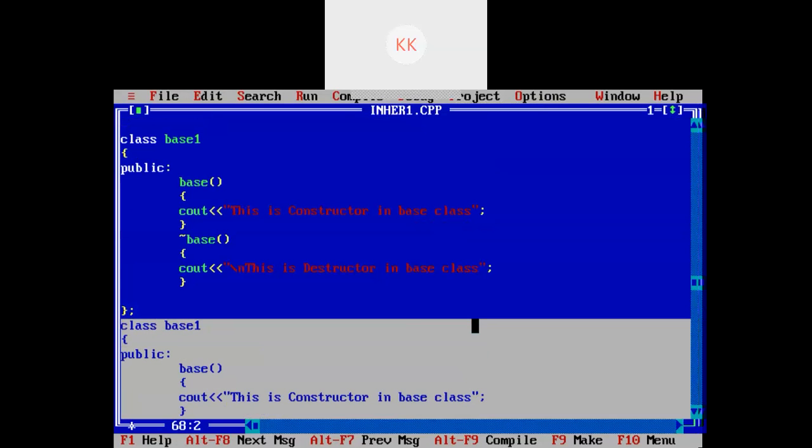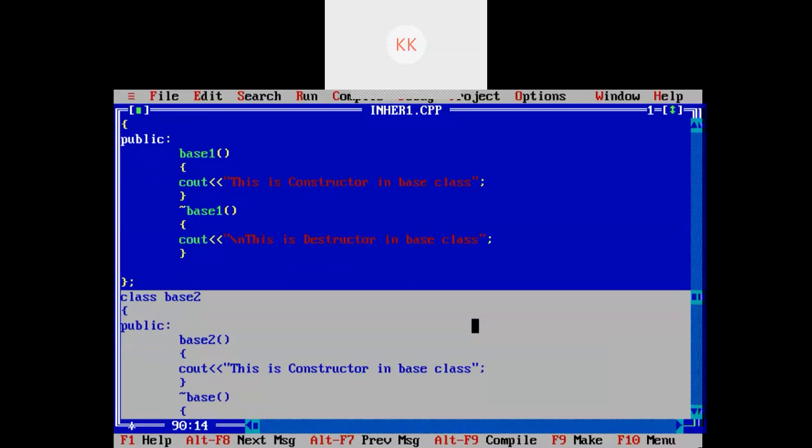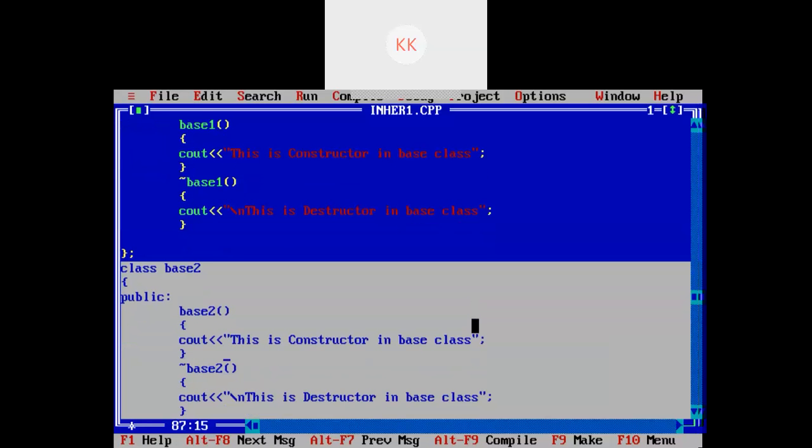So this is base class 1, in which we will be having a constructor as well as a destructor. Similarly, we have created base class 2, and here also we are having a constructor and destructor.